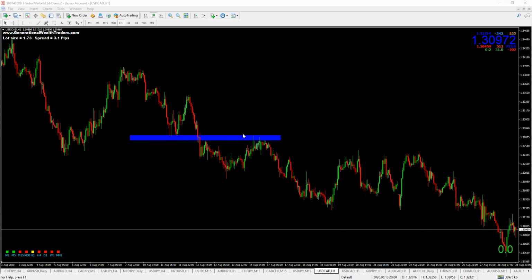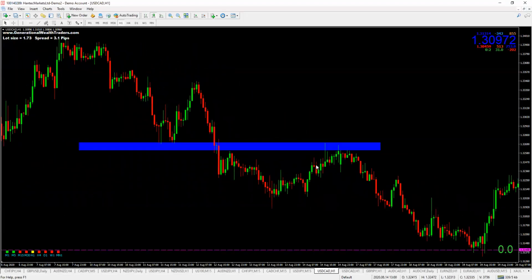It's usually best if you mark it out as a zone as opposed to just one straight line. Some people could mark it out like that, and it's understandable, but if you want to trade the market with precision, it's better to have it as a zone. Then you can make allowance for price movement. You can see here, this candle actually pushed all the way in, but dropped back, forming what might be